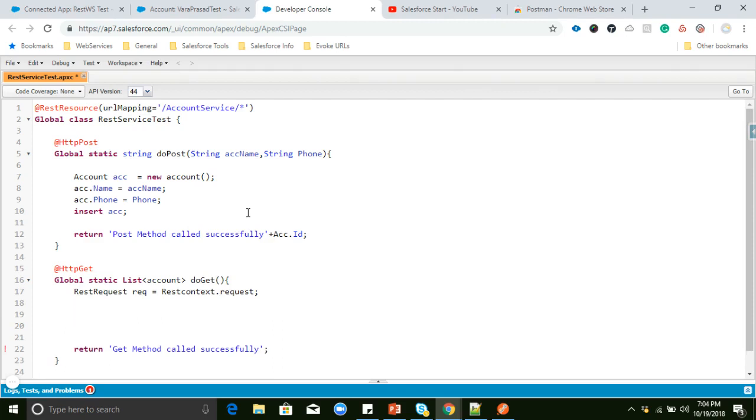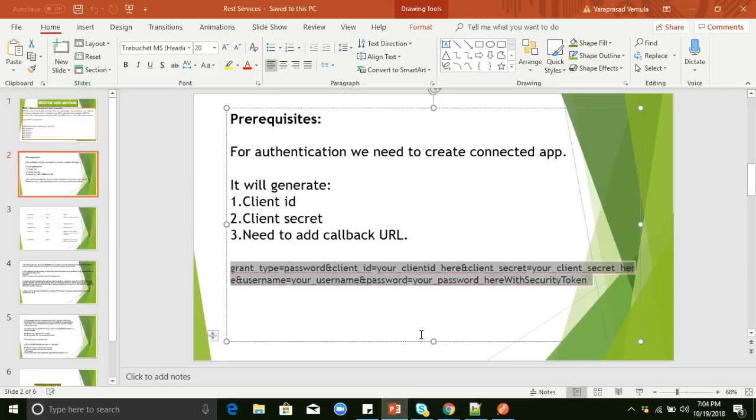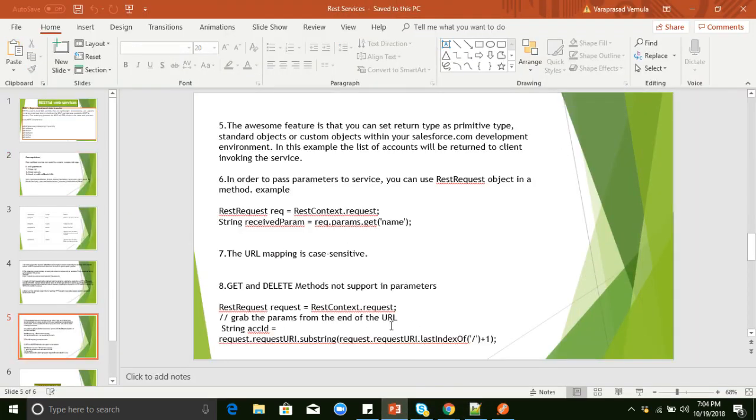For example, we'll pass the account id here and display the data from there. String accountId equals request dot, we can pass it like this.